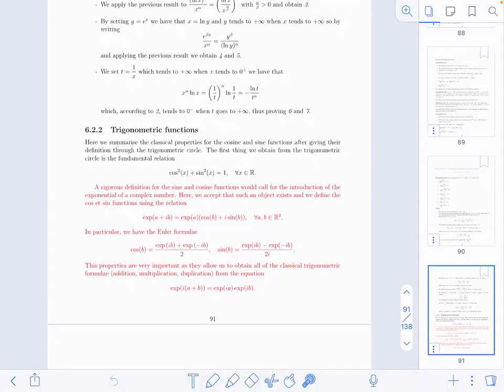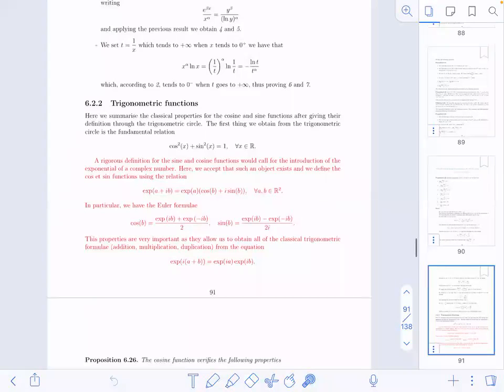They're basically definable in several ways, I guess. I think one historical way that they were defined was using the trig circle. So if you take a look at this paragraph where there's a mention of the definition of basically how they were one day defined, if you want to define them rigorously, we need to define an object which is